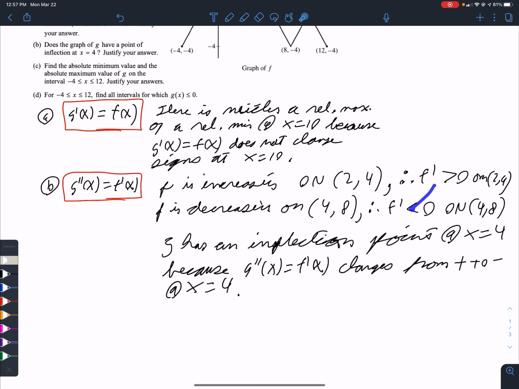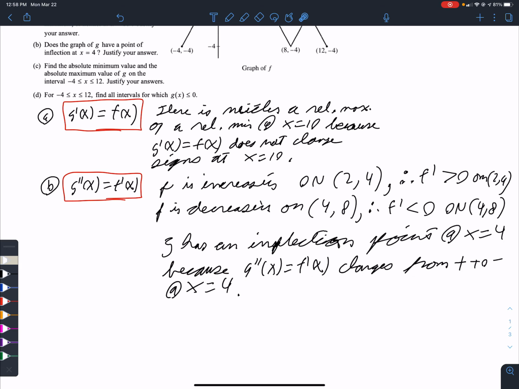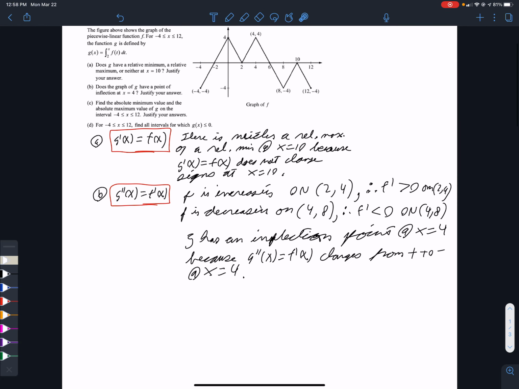But f prime is g double prime. So we have g double prime changing signs at 4. So we're done. G has an inflection point at 4. The justification, you have to have these, because g double prime, which is f prime, changes from positive to negative at x equals 4. And the work to show that appeared up here. So that's part B. Let's move on to part C, and I'm going to erase this stuff